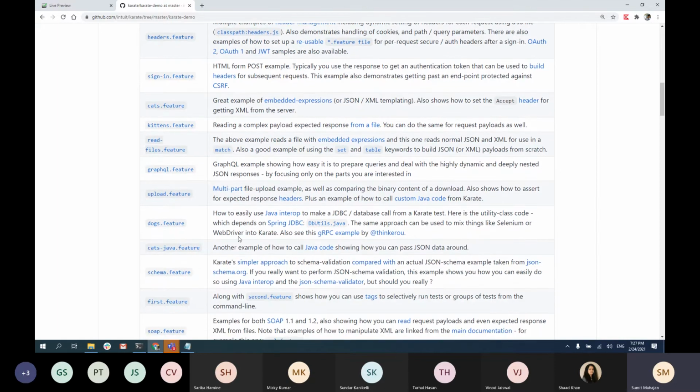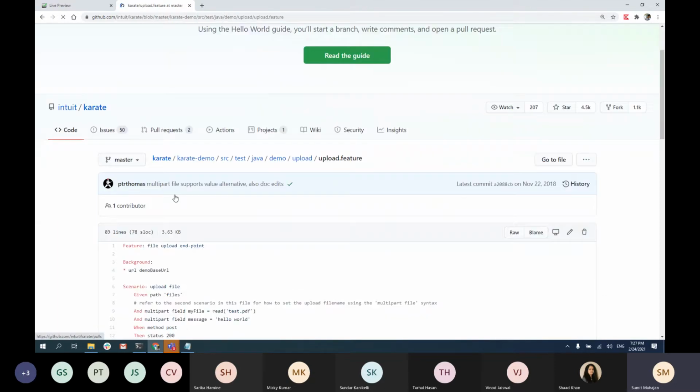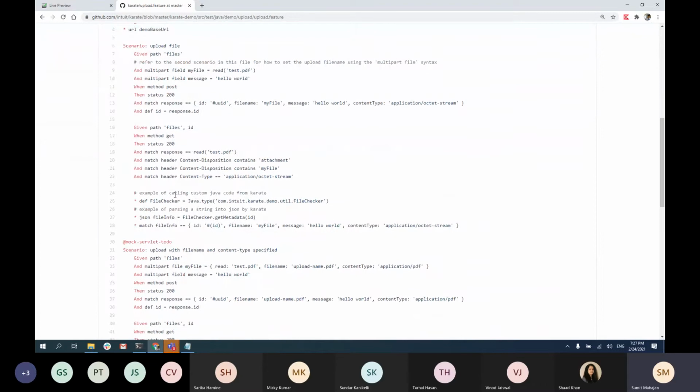And then you have the upload feature which is a multi-part upload, right? And then you can have that as an attachment, where you're reading test.pdf, which is your multi-part field, which is my file, and then message, and you're posting that. And then you are getting a response and you're matching that response, that some UUID is generated, right?